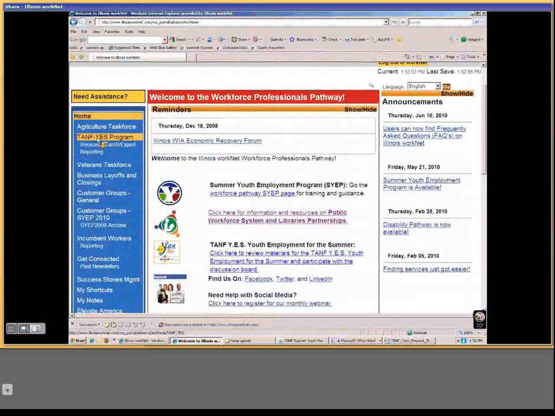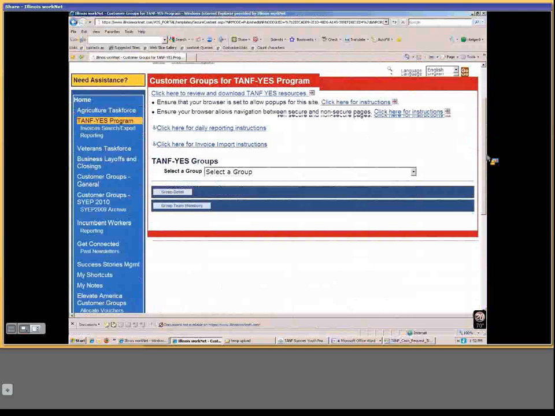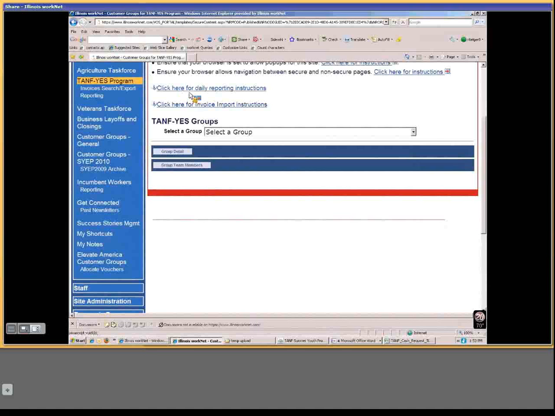And on that link, we have information. Again, if I clicked here, it would take us to the page we just left. You can also, if you want to allow pop-ups or navigating between secure and non-secure pages, sometimes you'll see those warnings that come up. Here are some instructions for changing your computer settings to allow those. We have the daily reporting instructions, but what we're going to focus on right now is the click here for